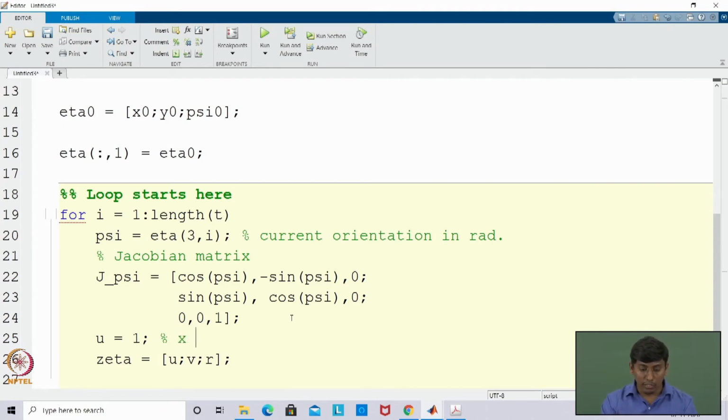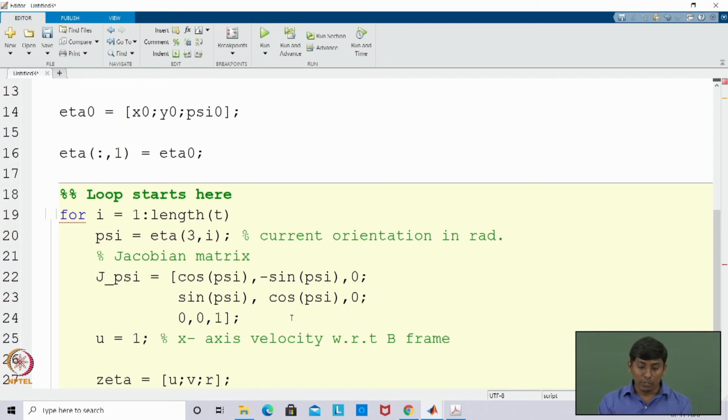x axis velocity, that is EC, because longitudinal and lateral will not be represented when you go in a proper plane, because that would be associated with the body x axis velocity with respect to B frame. This is the instantaneous velocity, right, at an instant. So, this is the velocity. Right now I am putting this as 0, this is y axis velocity, B frame,